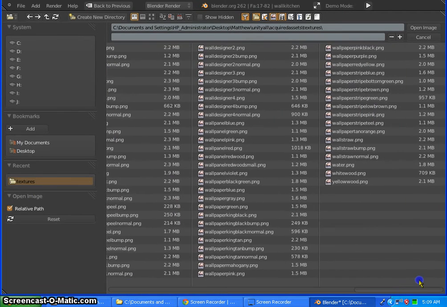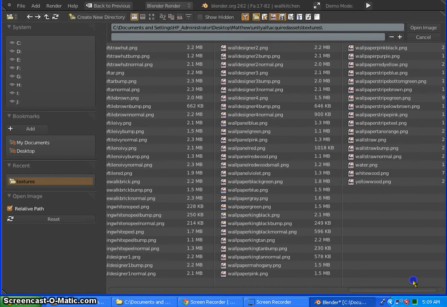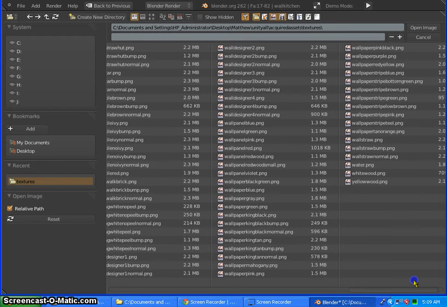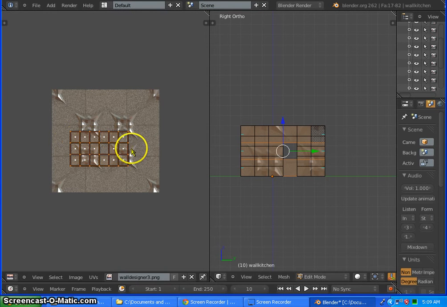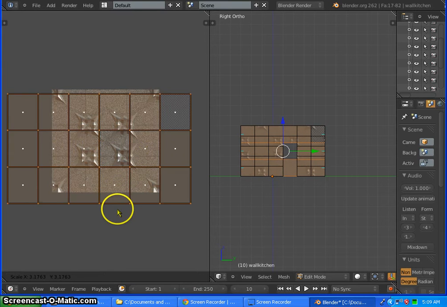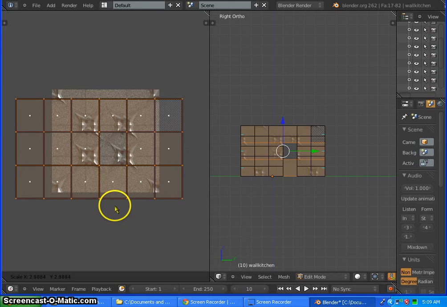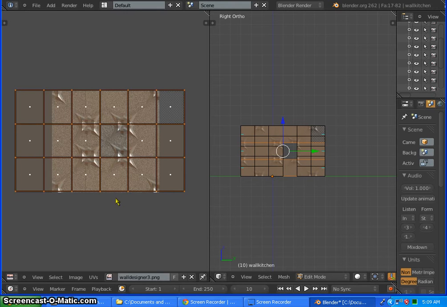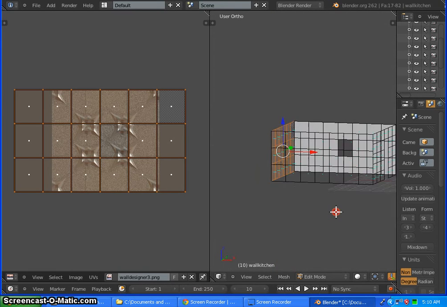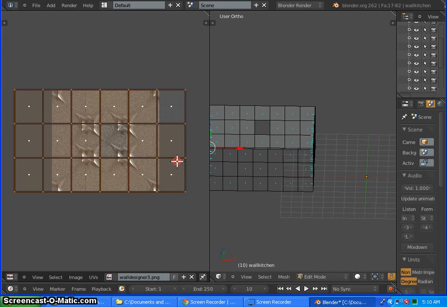Wallpaper. It was one of these designer wall. Yep, that's the right one. Okay, scale it up. G to move it. I want to S to scale it up just a little bit more. That's about fine. Okay. Now I want to